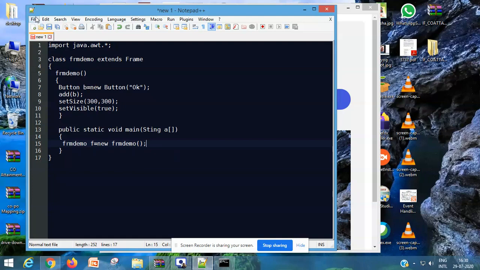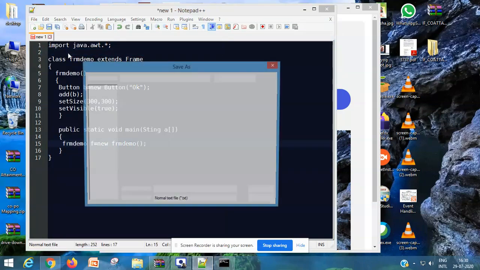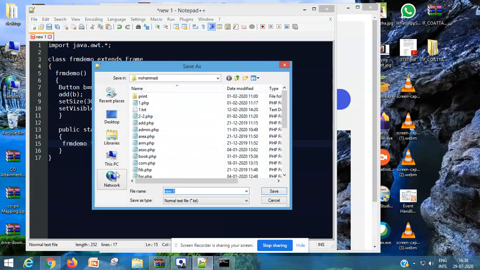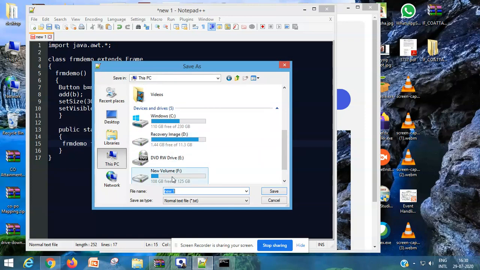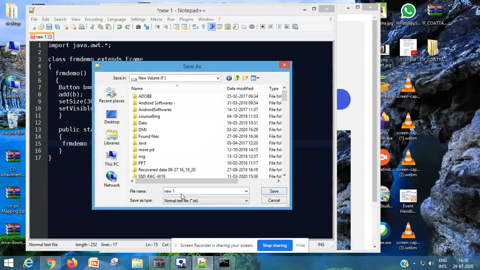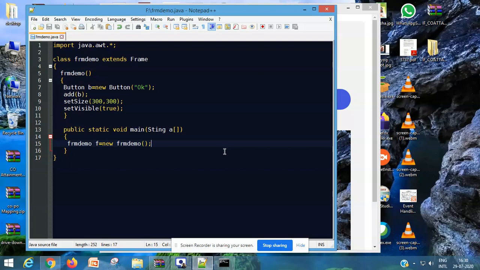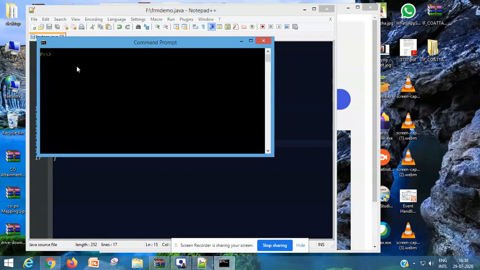Now save this program as frmdemo. Here I'm saving this program on F drive, so my file name is frmdemo.java. Save the file. Now compile it by using javac frmdemo.java.